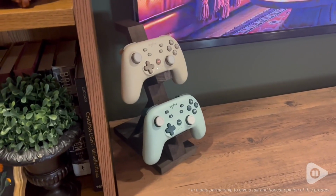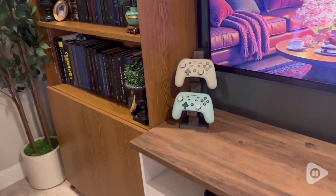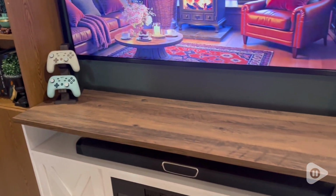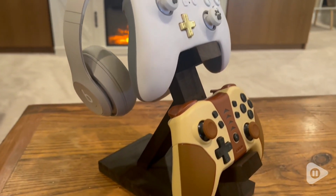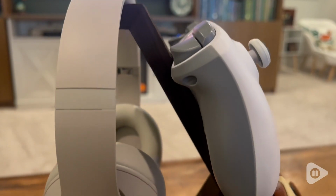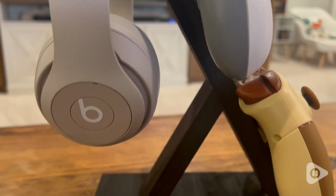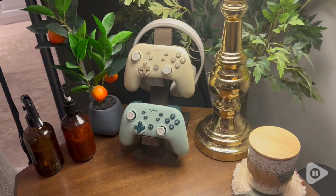This wooden controller stand with a headphone holder for my game controllers and headphones from PAP products is so awesome. It is so nice that it holds so much and it looks so good while doing it. I love having both of my controllers on there with my over-ear headphones, and it just holds them in such a nice way. It looks so good with the decor in my house too, which is kind of a big